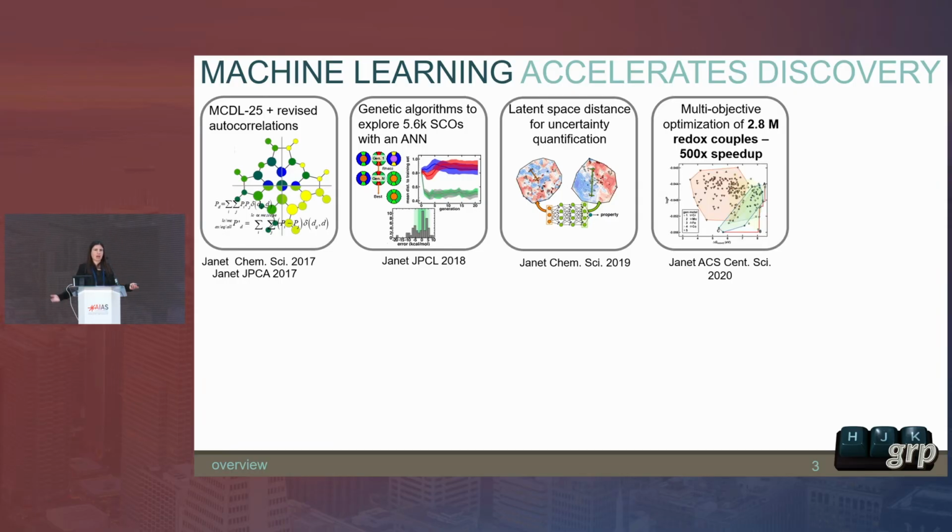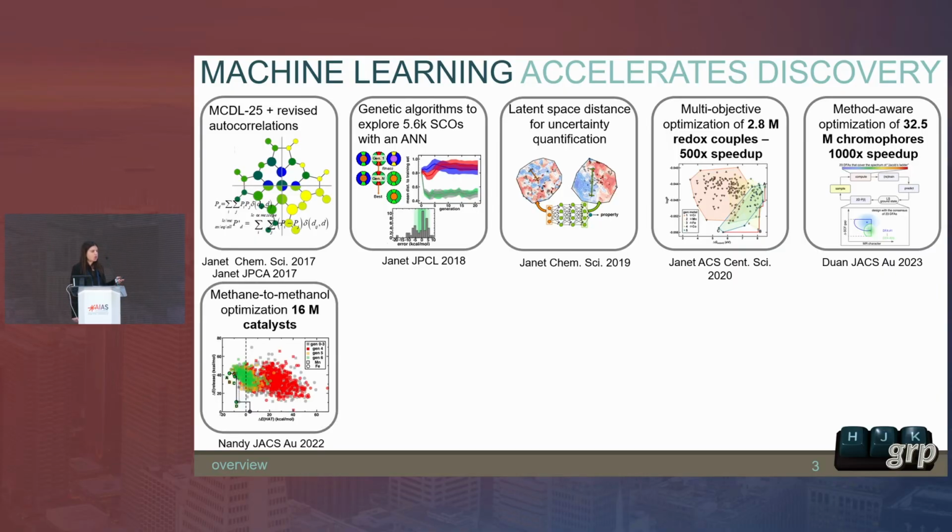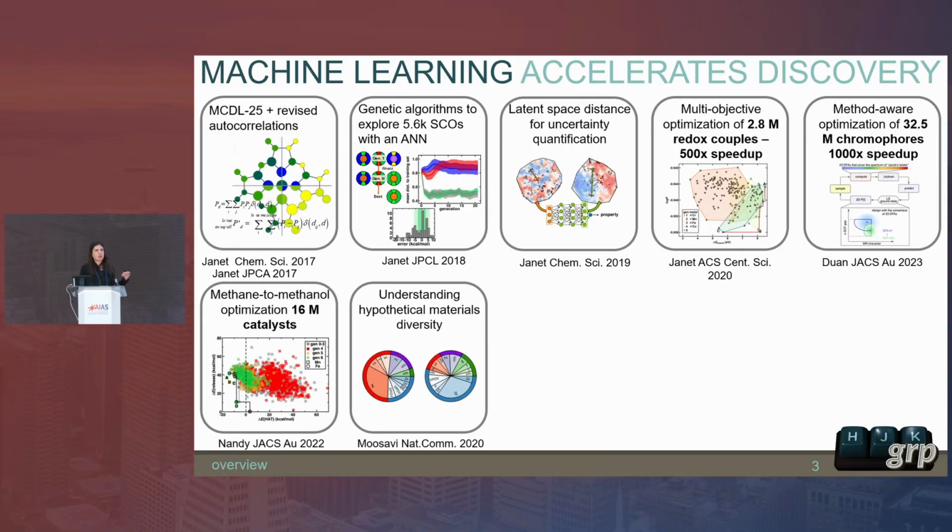So we could do things like now search through a space of 2.8 million redox couples, achieving at least a factor of 500 speed up over conventional random search. And one of the things we did that I'm particularly proud of is we also incorporated the fact that we were doing all this accelerated search using computational data. We actually incorporated the uncertainty of the DFT functional that we chose into those predictions to make it more robust. I'm not going to talk about that today. We extended it to catalysis, and we also started to look at metal organic frameworks.